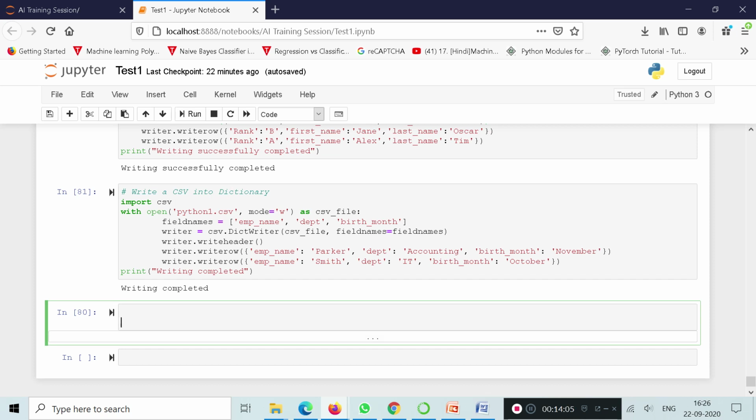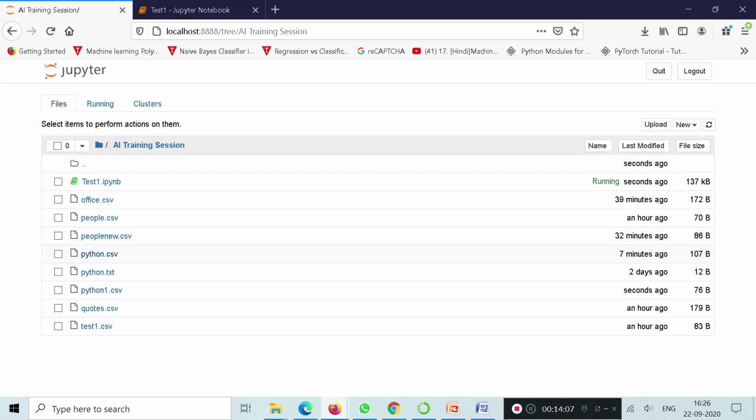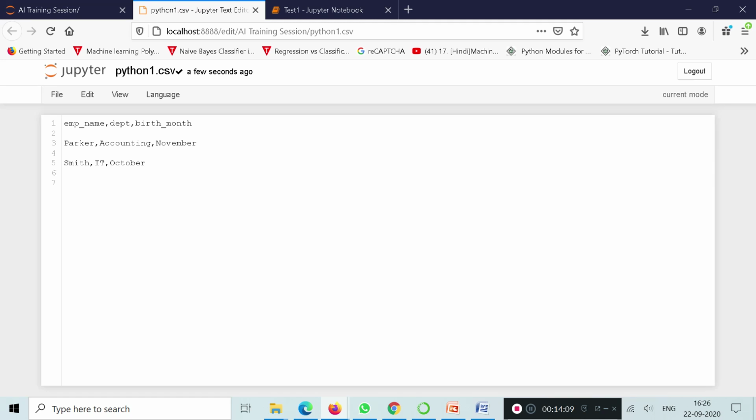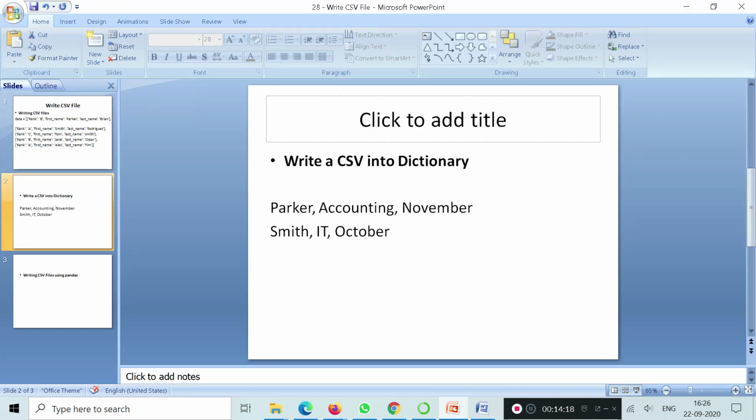Okay. Now we'll open the Python 1 CSV file and see what we have. We have a department name and all those things. Clear? Right. Next, move on to